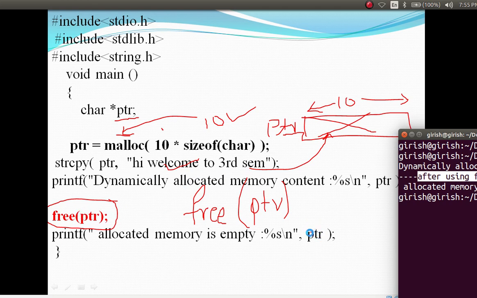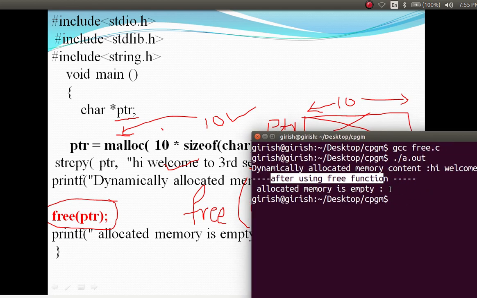Even though you are using the variable, it has to display, but it is not displaying here, it is empty, isn't it? So why is it not displaying? Because you are using the free function, which means deallocate the memory. Memory is deallocated, so there is no memory, so there is no data, isn't it?